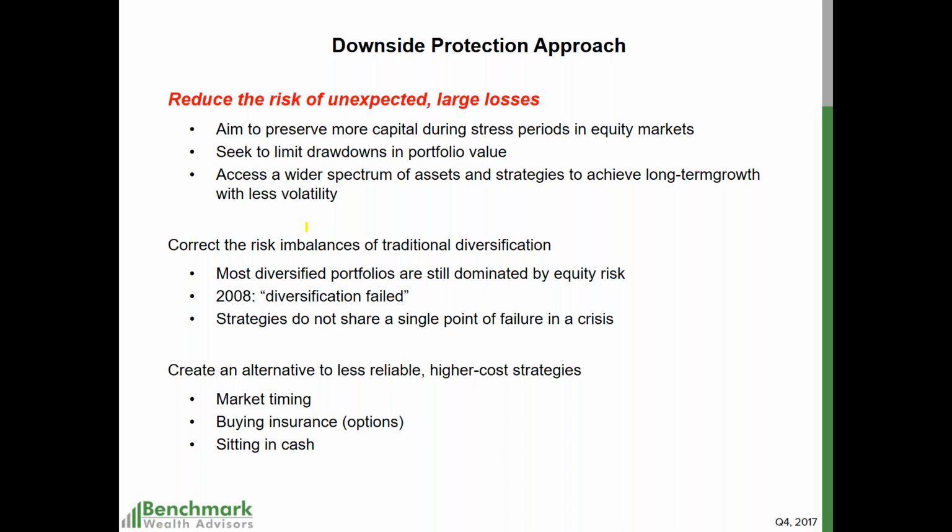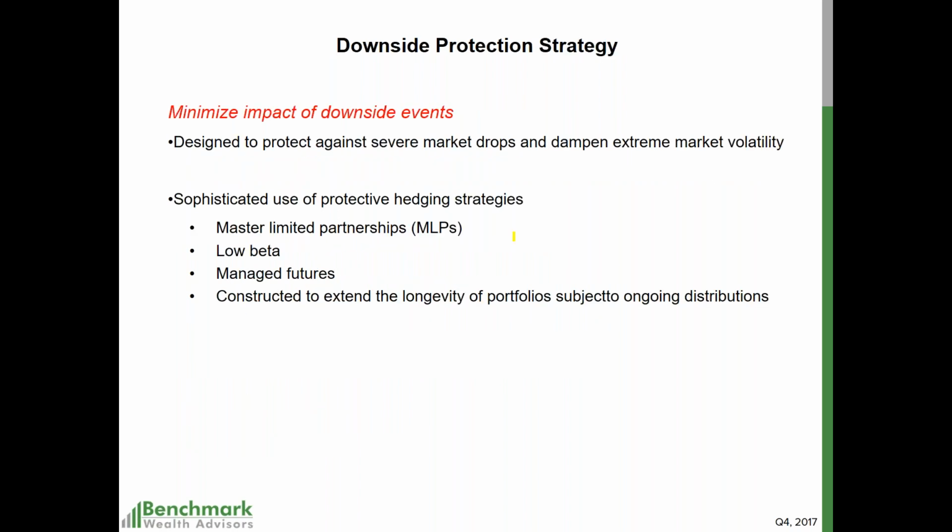So that's the approach. Let's go into the protection strategy. So we're minimizing the impact of downside events. That's our goal. You're going to design it to protect against severe market drops and dampen extreme market volatility. So the sophisticated use of protective hedging strategies, master limited partnerships, nothing more than just long-term leases on oil and gas pipelines. They're very undervalued right now. Yes, they have gotten clobbered along with oil